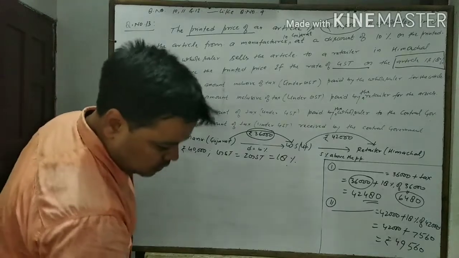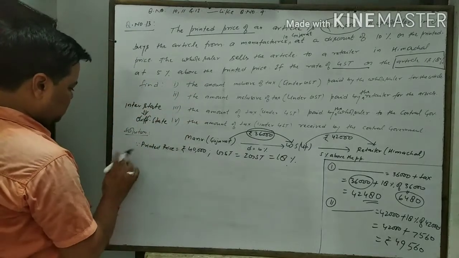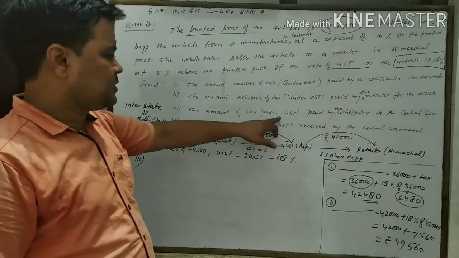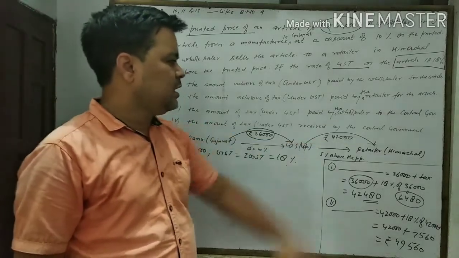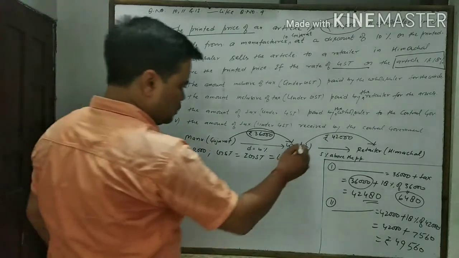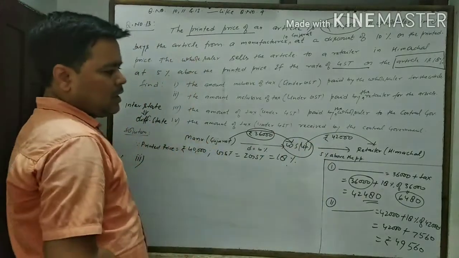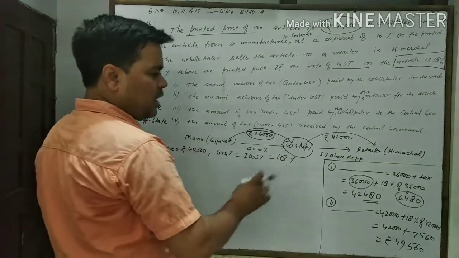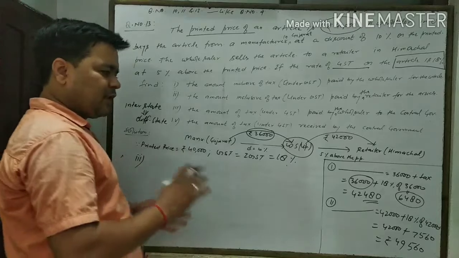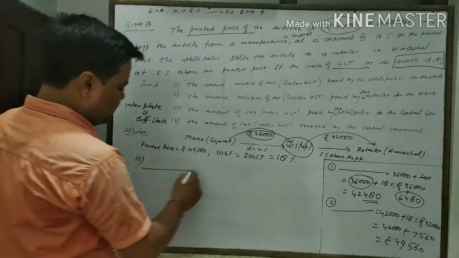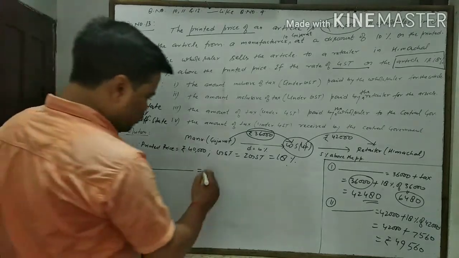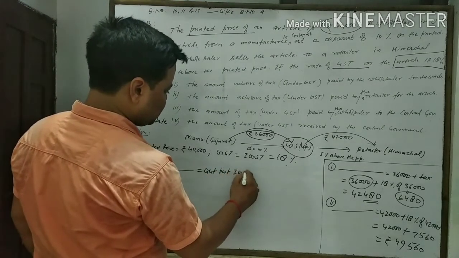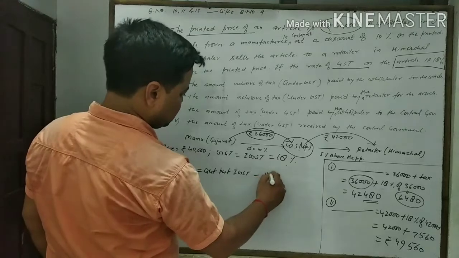Here, the third part of the question is the amount of tax under GST paid by the wholesaler to the central government. This is the wholesaler. So here we should find its input GST and output GST, and after that find the difference. So here again we write the statement: output IGST minus input